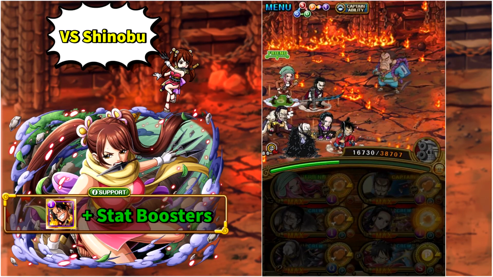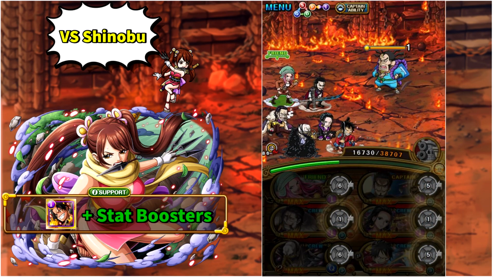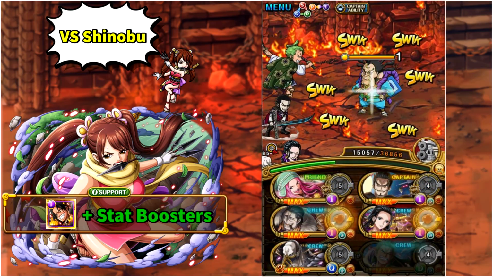The next team will once again have a friend captain super type Bonney, but this time the team will be using Halloween Mihawk as captain. He is very useful. Instead of getting rid of the special rewind, he will actually get rid of paralysis in